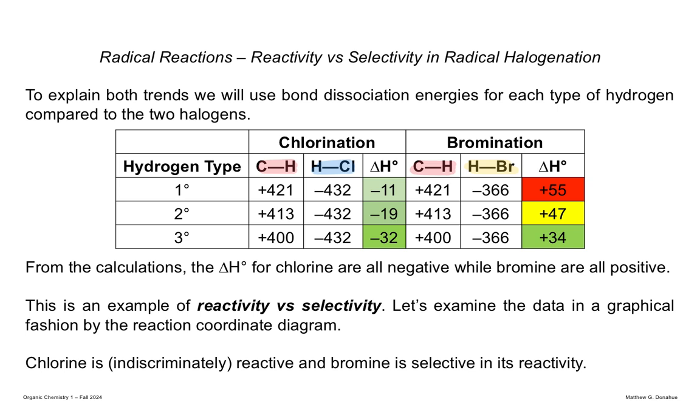So for tertiary, you would hit plus 34 before you hit anything else. So when you use Br2 as the reagent, it's easier to cleave a tertiary bond than anything else. And so again, on the next slide, we'll plot that so you can see the differences in those two things,